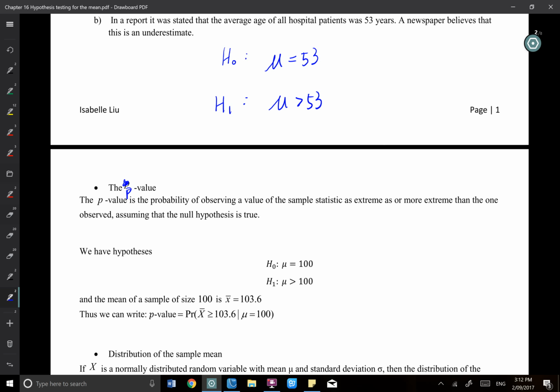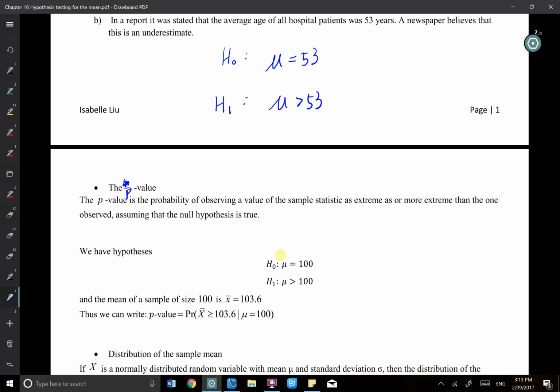I will ask you why you would suspect the mu is not the original one. Is that because you observe something? You have observed something, then you make this assumption, right? So the observed value is important. Let's have a look at the next question. Like you observe something, like say the bag of candy, I observed the average is 490, and then I start to suspect that it's not 500 anymore. So it's because of the observed values that I start to think about whether that's true or not.